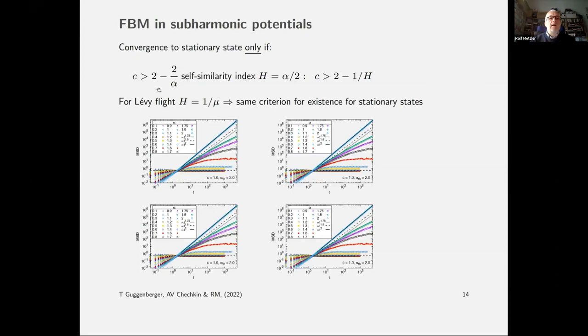And we conjecture from the analysis that we have such an inequality where alpha is the anomalous diffusion exponent. But if we introduce a self-similarity index of the motion, the Hurst exponent, which corresponds to alpha over 2, then we can rewrite the condition like this. And then if we use the same self-similarity exponent for a Levy flight, we see that actually this inequality has exactly the same structure as for Levy flights, which is quite a remarkable property that I like very much.